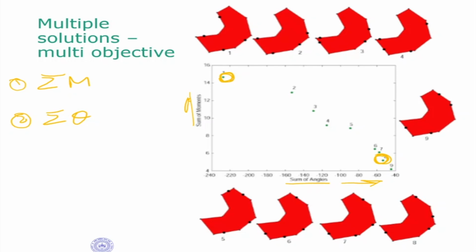Okay, for each of those cases, 1, 2, 3, 4 that are marked, the figures are shown here. The placement of the fingers, or mobile robots, is shown there. So this is effectively how we find optimization solutions. In this case, it is for multi-objective optimization.